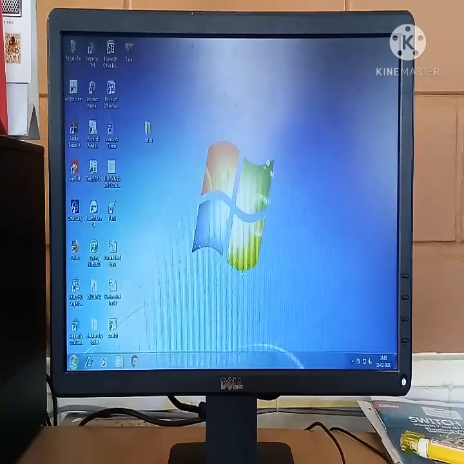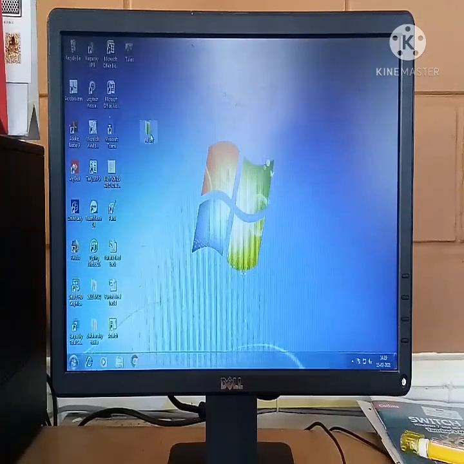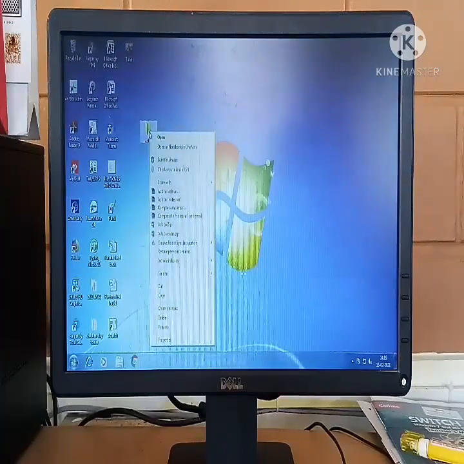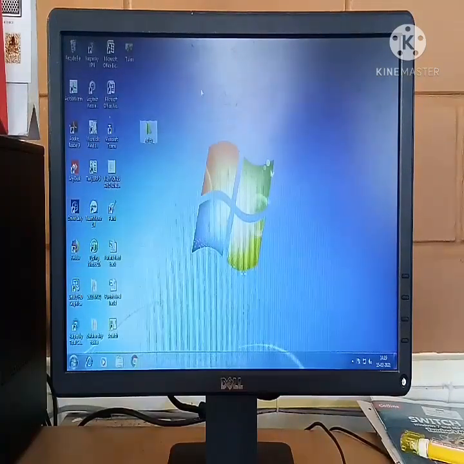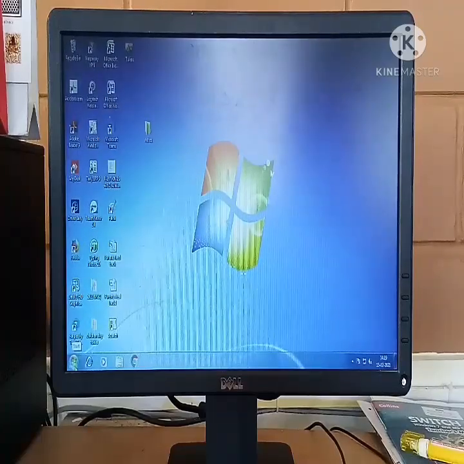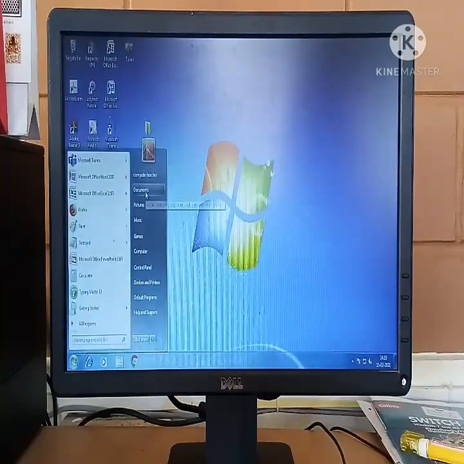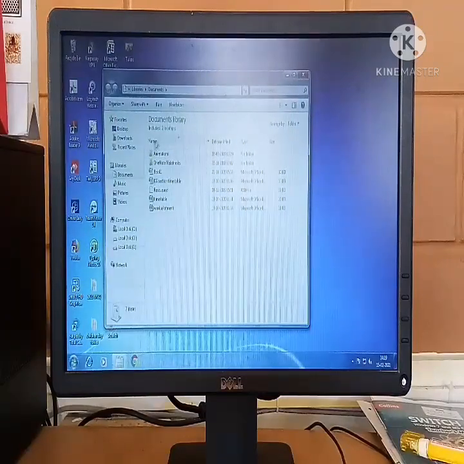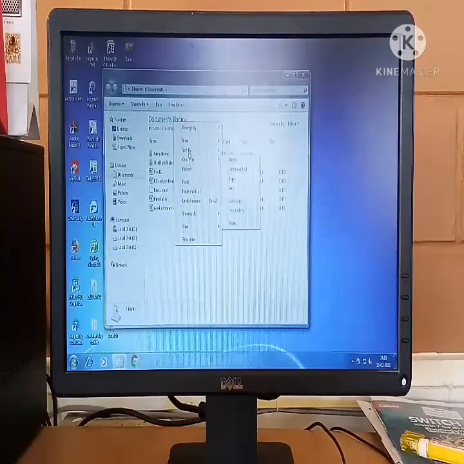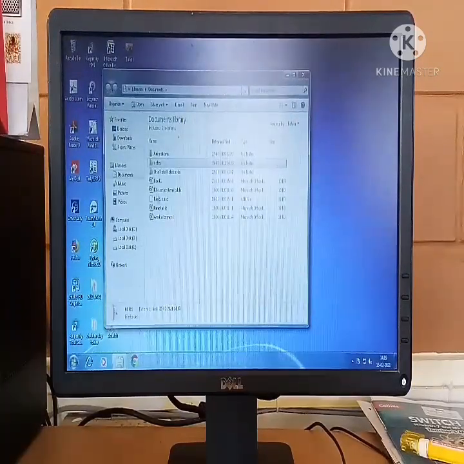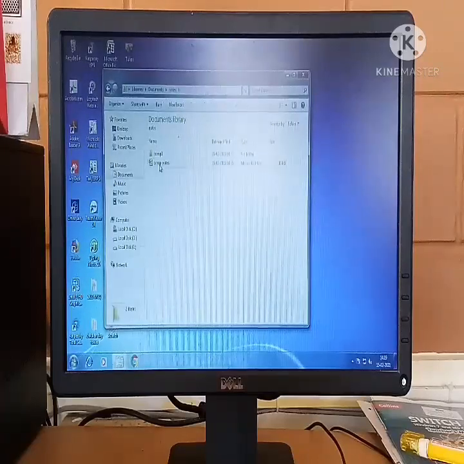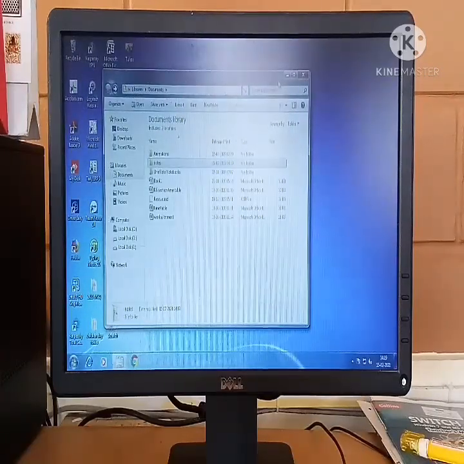How to make one more copy of the folder notes. Now I have notes here. Okay, right click, copy it, and you can paste it anywhere. I will go to documents, here, and I want to make one more copy of the folder notes, and I want to paste it here. So click and paste. See, I have one more copy, notes, of the folder notes.